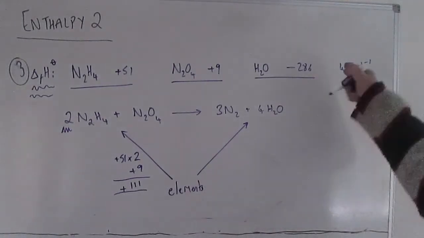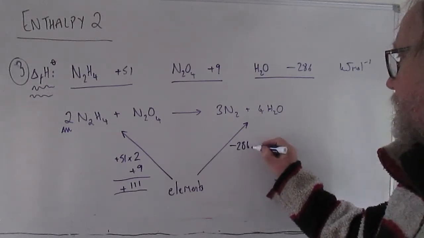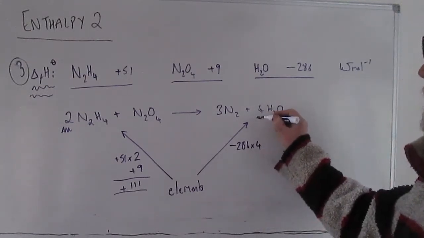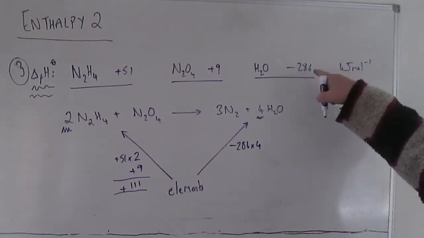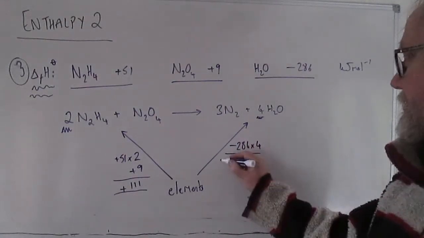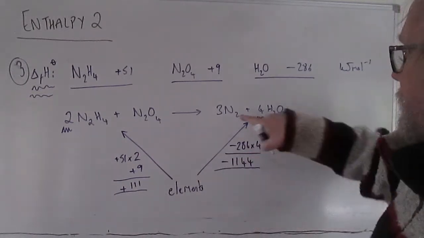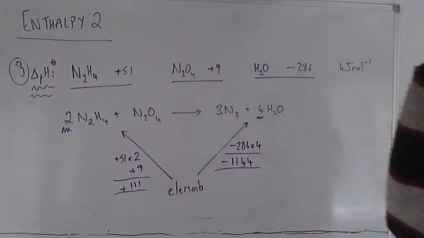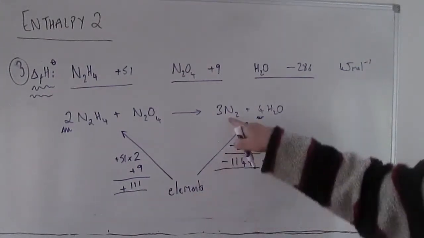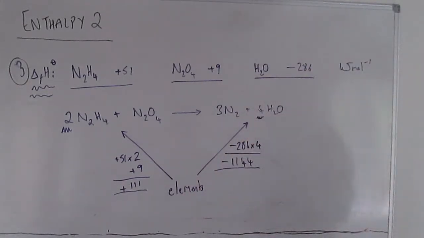If we go up on this side, we've got the number for water, so that's minus 286 times 4, because again, you've got 4 moles of water, so it's minus 286 for each mole, but you're making 4 moles, so it's minus 286 times 4, which is minus 1144 kilojoules per mole. What about the nitrogen? Why did I miss that out? Well, it's still the element, because of course nitrogen is the element, so there you would just be forming N2 from N2, so there's no change, and therefore there's no delta H contribution.